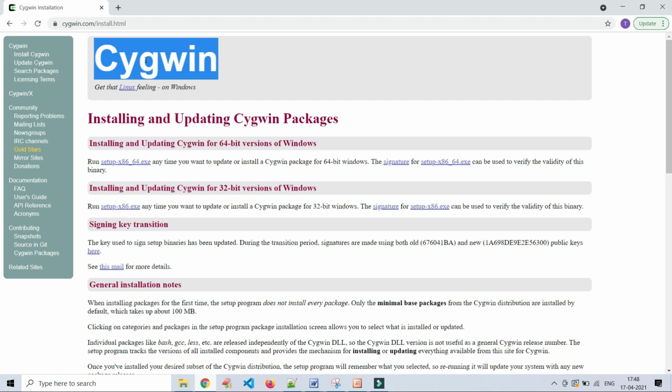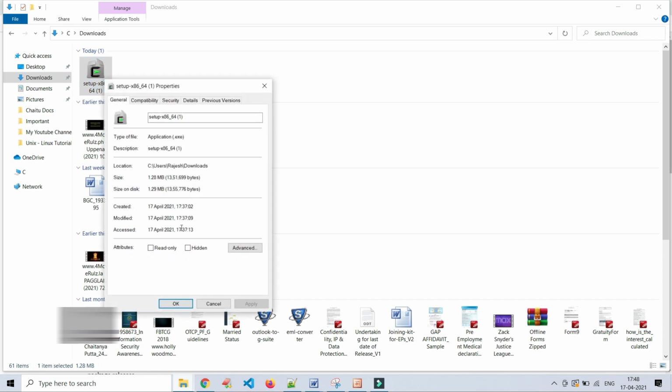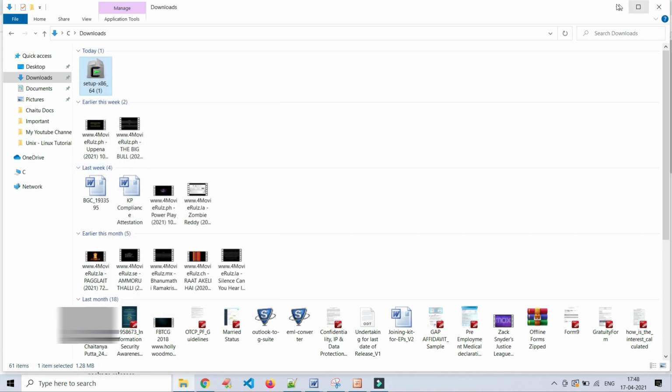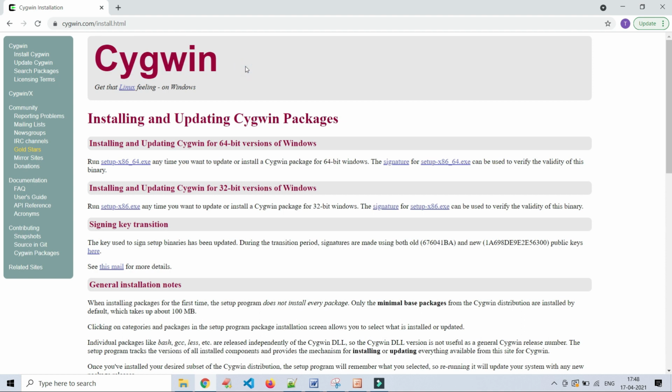This is a very simple application. It is 1.28 MB. See, very small. From my perspective, I opt for Cygwin. That is the reason I have installed it, and whenever I want, I will work in Cygwin only.